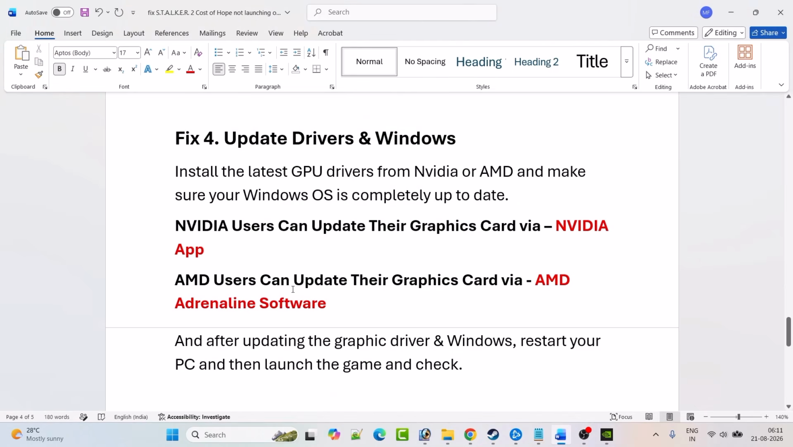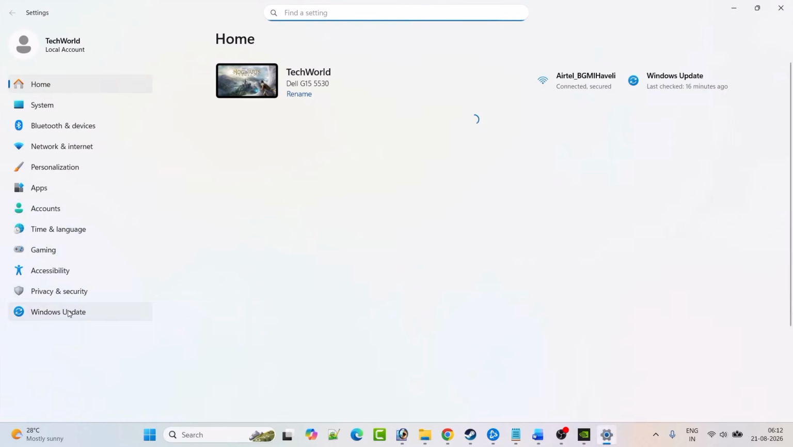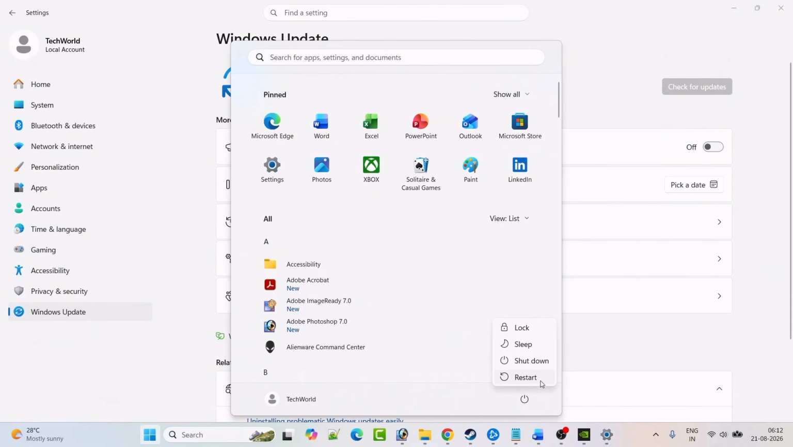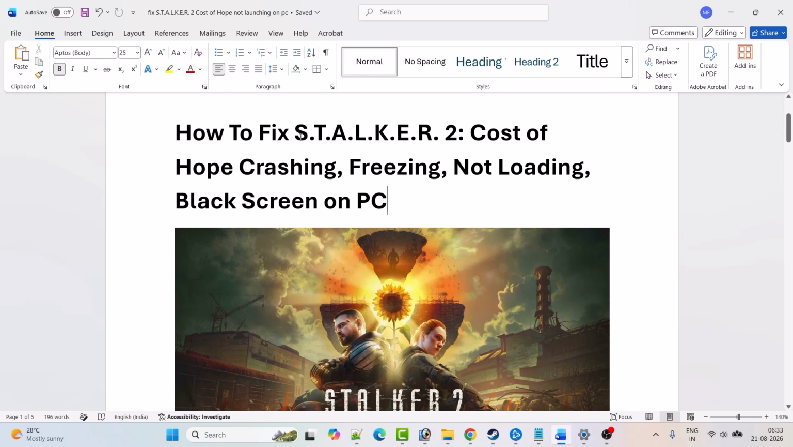Similarly, AMD users can update their graphics card driver via AMD Adrenalin software. So open the AMD Adrenalin software and look for graphics card driver update, and if there are any updates available, then download and install them, and then update the Windows operating system. So open Windows settings, on the left click on Windows Update, then click on check for updates, and if there are any updates available, then download and install all of them, and then just restart your PC. Don't forget to restart your PC, and once your PC restarts, then you can go ahead, launch the game and check. So by following these fixes, I hope you can easily fix Stalker 2 Cost of Hope game crashing, freezing,